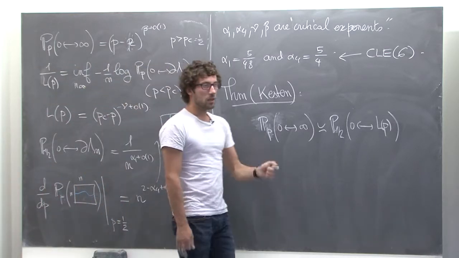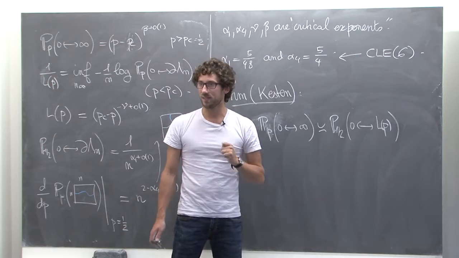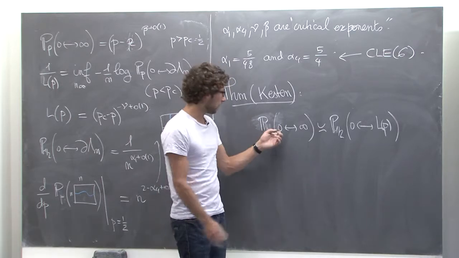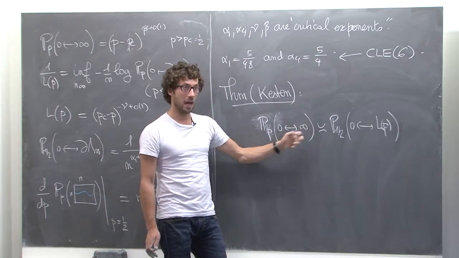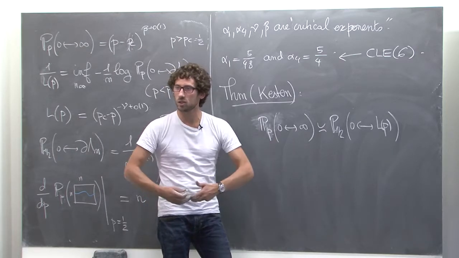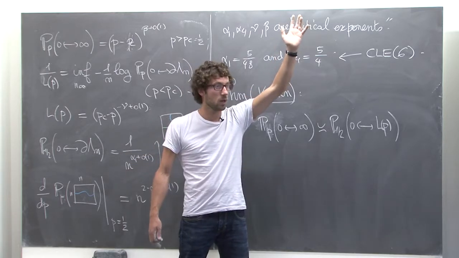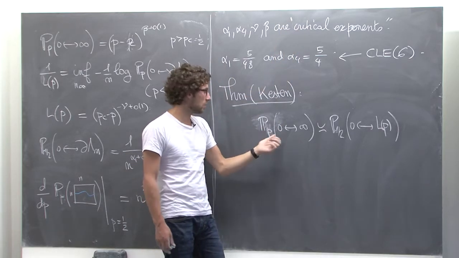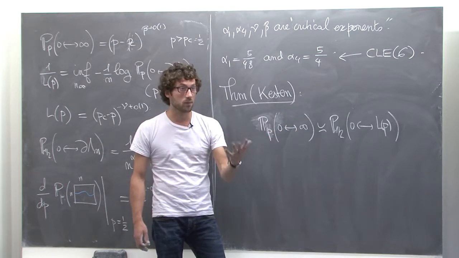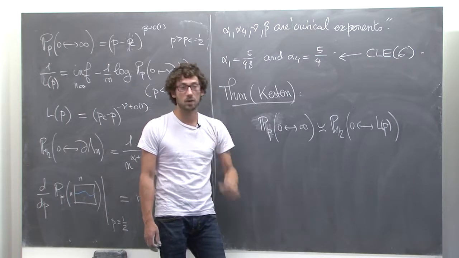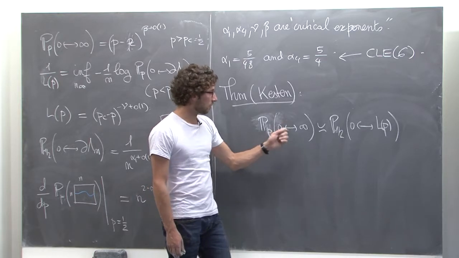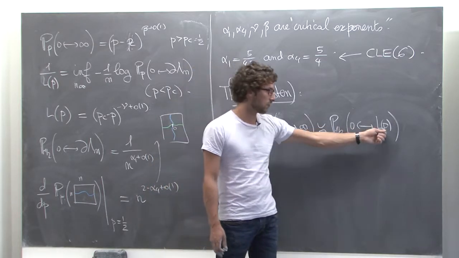Now, if you can start to distinguish and you are above p_c, that means that you start to really look supercritical, right? So it's natural to expect that if you want to connect 0 to infinity at p, if you start from L(p), you already look really supercritical, so it's going to be very easy to go to infinity, in fact. So you can prove uniformly that the probability at p of connecting L(p) to infinity is larger or equal to, say, a half or something like that, uniformly in p, even if p gets very close to 1/2, to p_c. So that means here that I can replace 0 connected to infinity by 0 connected to L(p).